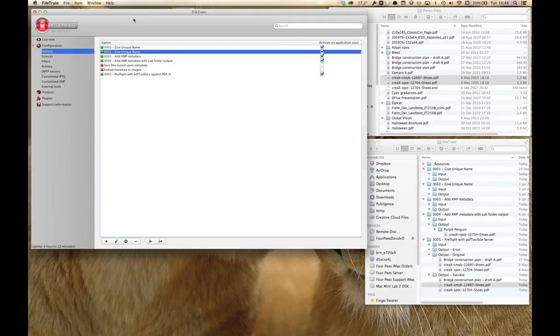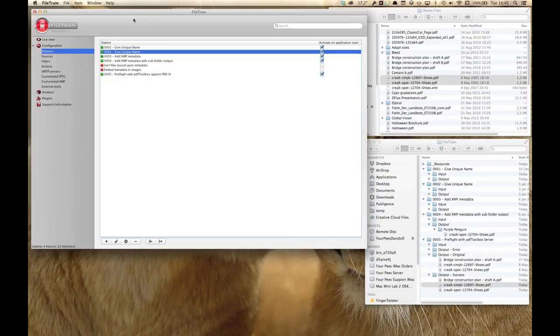Every station allows me to define filters to determine which files or which folders are going to be dealt with. And that can either be a naming convention or metadata in the file or any other property of that file or folder. And then any of those stations allows me, for filtered out files, to define what actions need to happen on that particular file. And of course, that can be built-in actions such as moving files around and renaming and copying and all of those